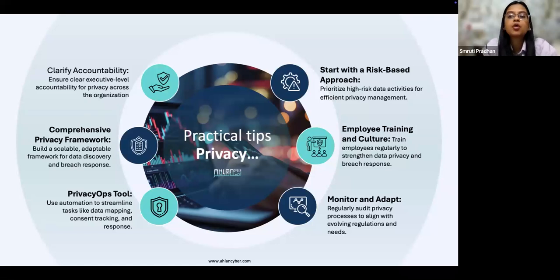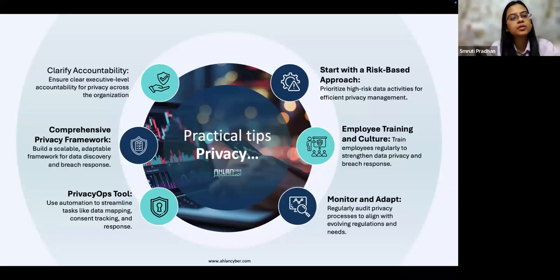For that, it's very important that you start with identifying the footprint of personal data and how it needs to be protected. Identify the gaps and the risks, and then you start working towards the mitigation. Very important, it's essential to have a comprehensive privacy framework in place. Doesn't matter if it's only KSA PDPL that is applicable to you or you're bound by multiple global regulations, make sure that your framework is built in such a way that you are covering all the data privacy principles. Now, principles typically remain the same.